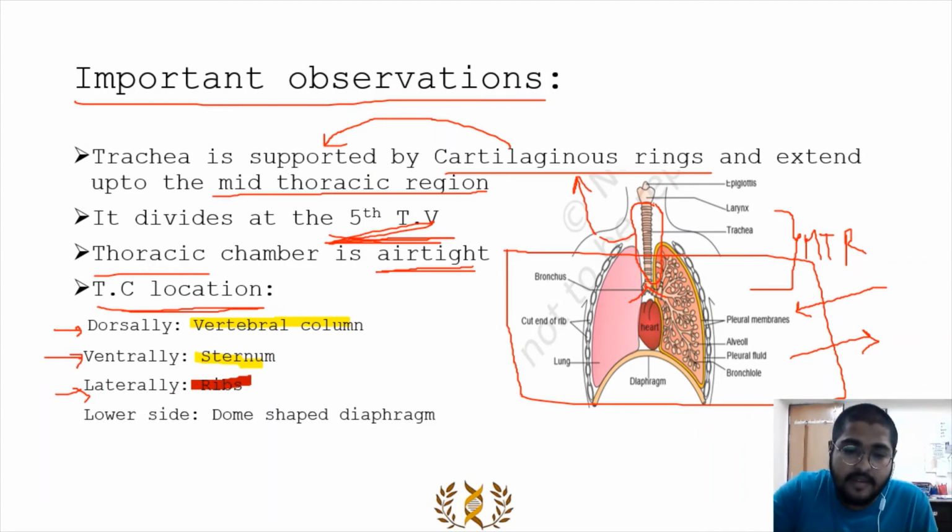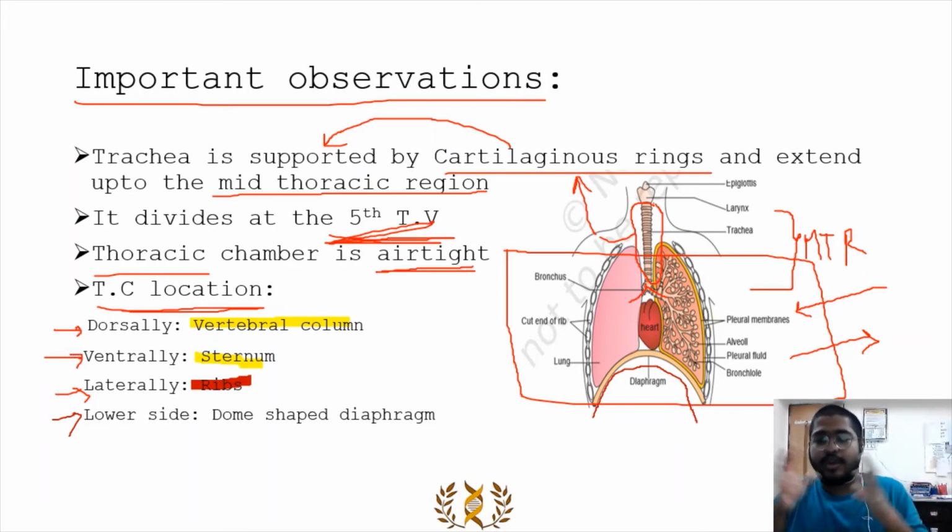And then from the lower side it is covered by a special structure called the diaphragm. Now this has a lot of importance. We'll be studying it in detail in the next chapter, in the coming lessons. But the whole thoracic chamber is airtight because of this structure. So backwards with the spine, from the front the chest bone, which we technically call the sternum, you need to remember that. And sideways, it is covered by the ribs. And from the lower part, it is covered by a dome-like structure called the diaphragm, as you can see in the diagram.